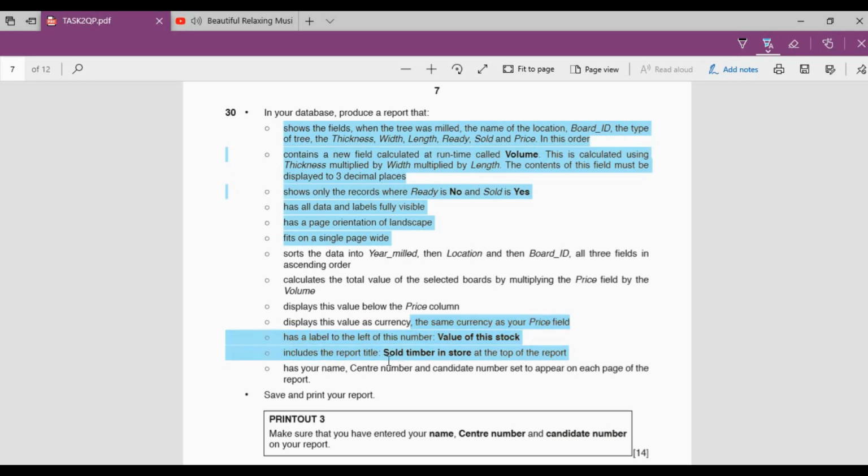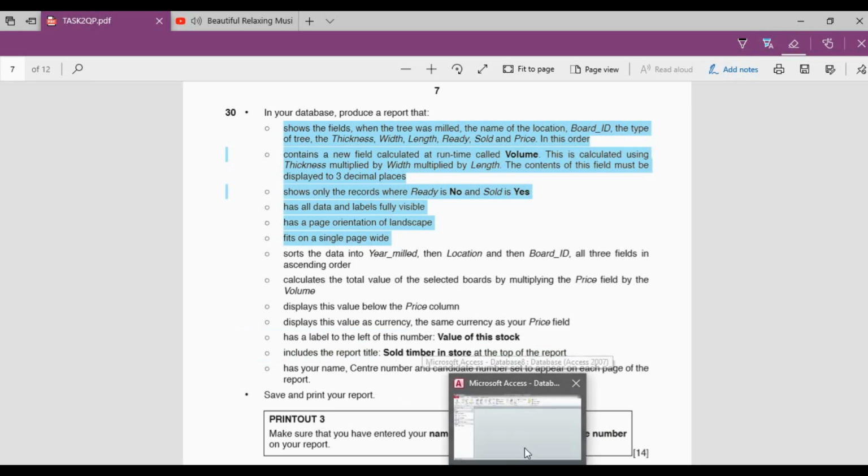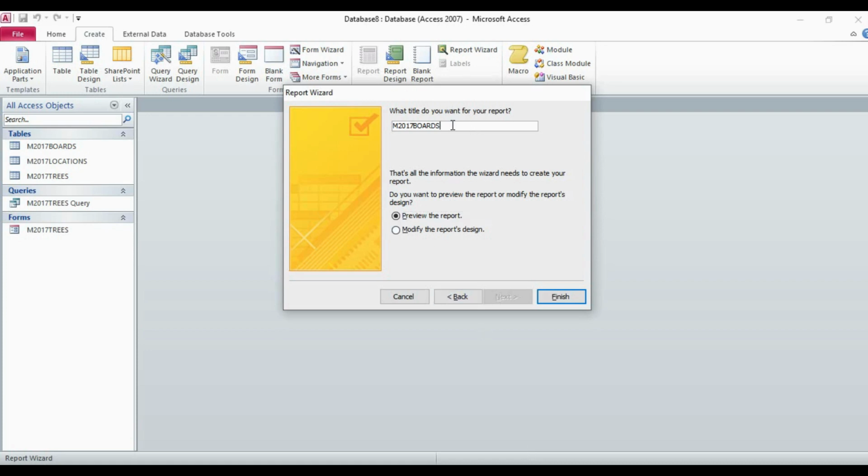I just need to select this area. It is not being selected, so I'm just typing it here: Sold timber in store. It is very important to have a title.